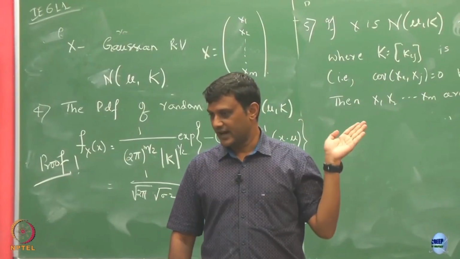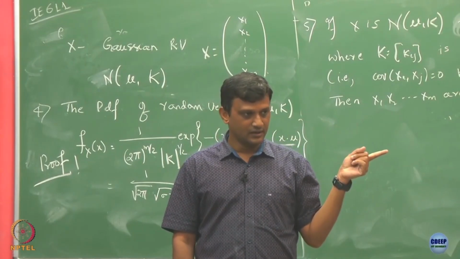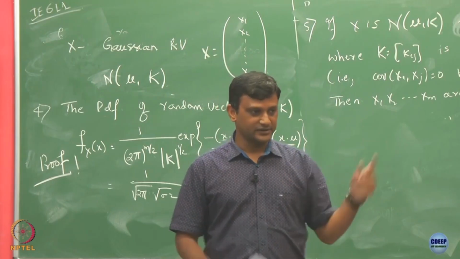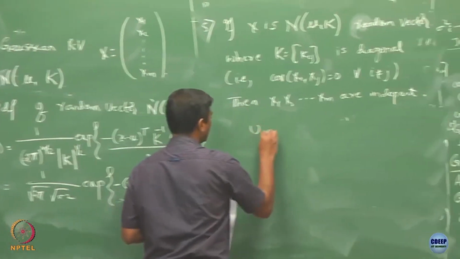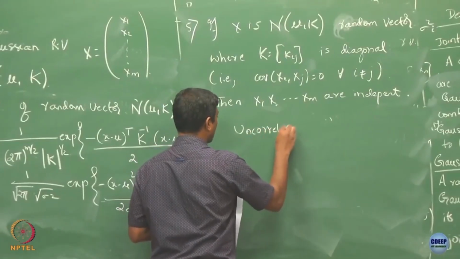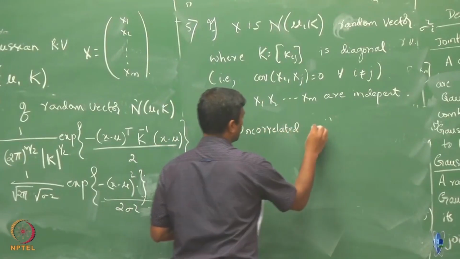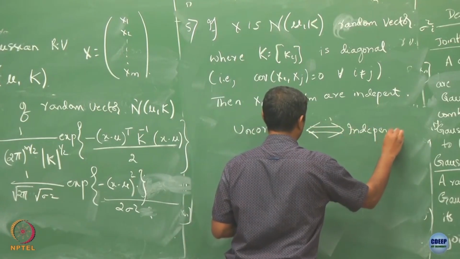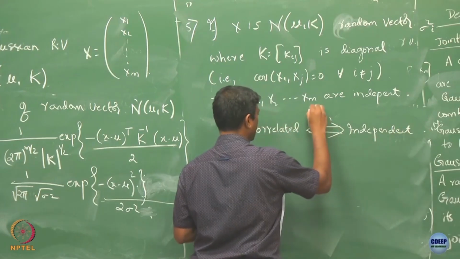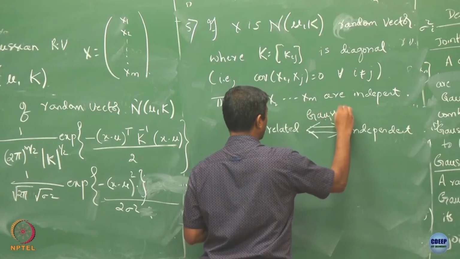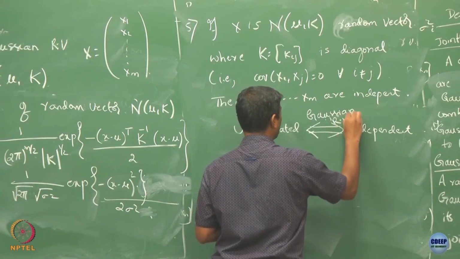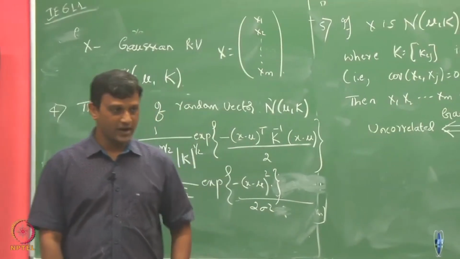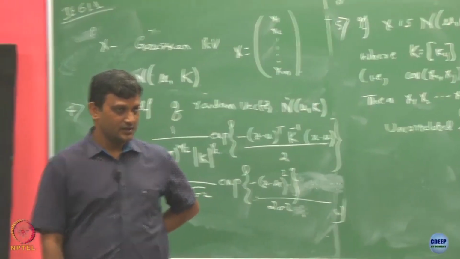But it so happens that for a Gaussian random variable, uncorrelated also implies independence. And this is provided it is a Gaussian random vector. This need not be true for any random vector, but provided it is a Gaussian random vector, then that